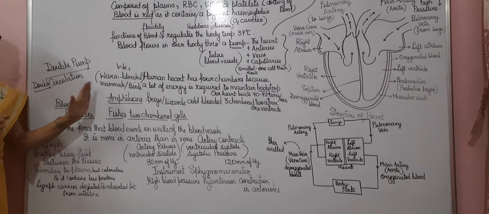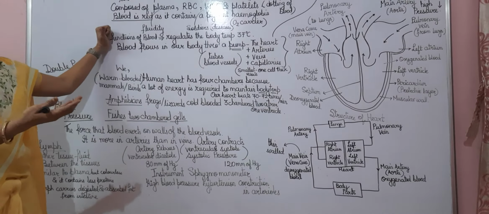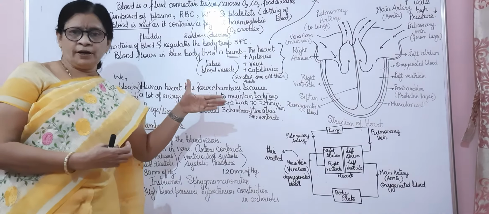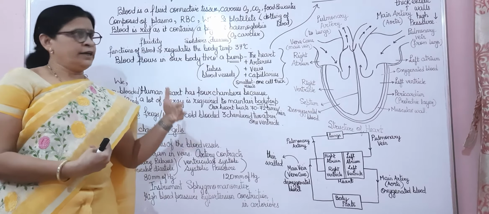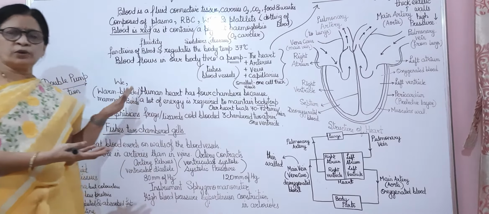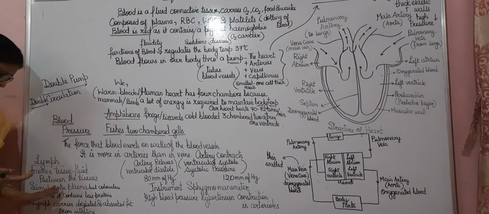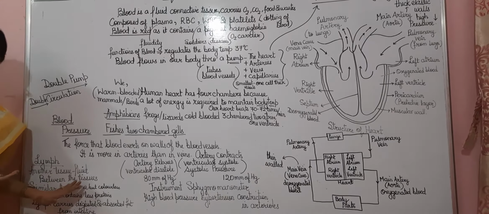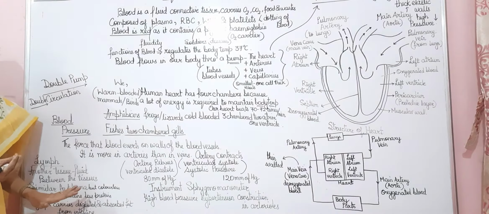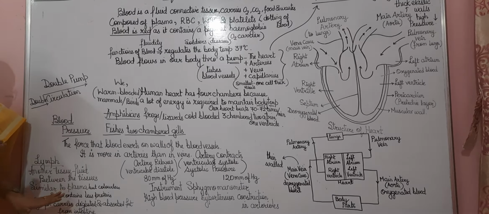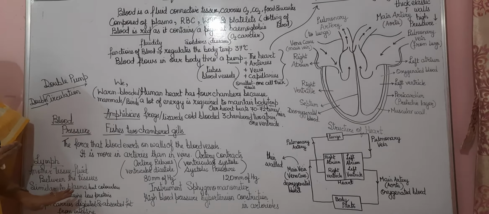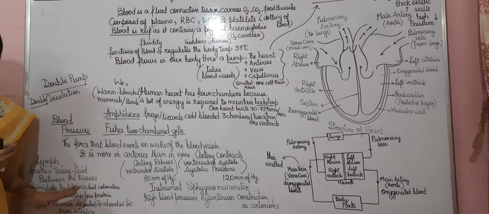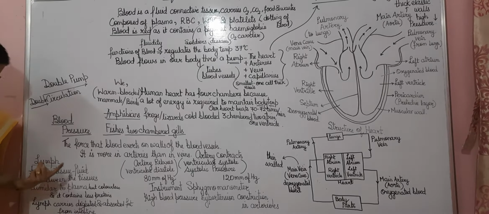And besides the blood, just as blood is a connective tissue which is helping in the transportation of oxygen and carbon dioxide in our body, in the same way there is one more fluid which is known as the lymph, which is present between the tissues, and therefore it is known as the tissue fluid. So lymph or tissue fluid comes out of the pores of the small capillaries. The capillary wall is very thin, only one cell thick. So it comes out from the pores of those capillaries, and that lymph which is coming out is known as the tissue fluid.